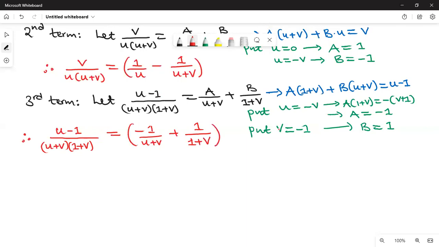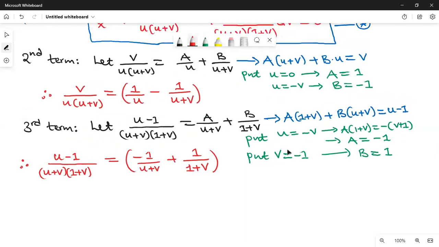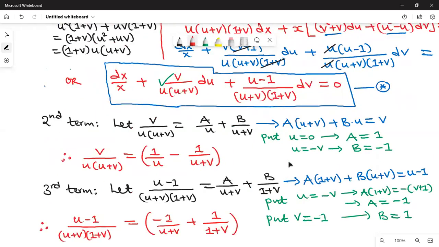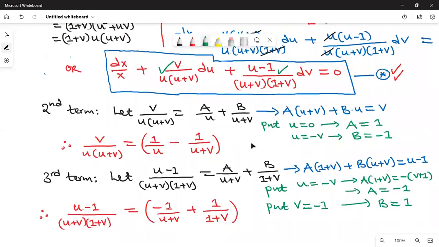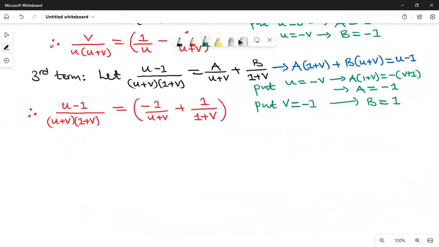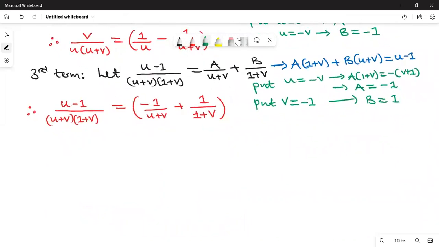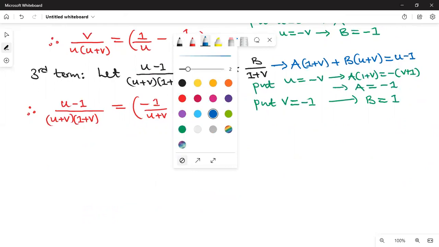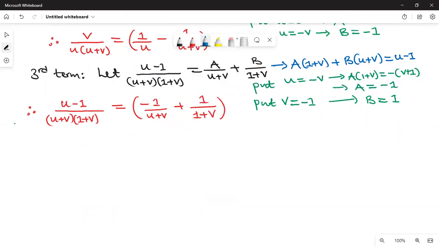Very important. So now let's go back to our equation. The equation we call star. Look at it. This one. So we make those substitutions. I now know the third term and the second term. So that equation star can now be written as, let me pick another color. So you can just say therefore, hence, or simply hence,